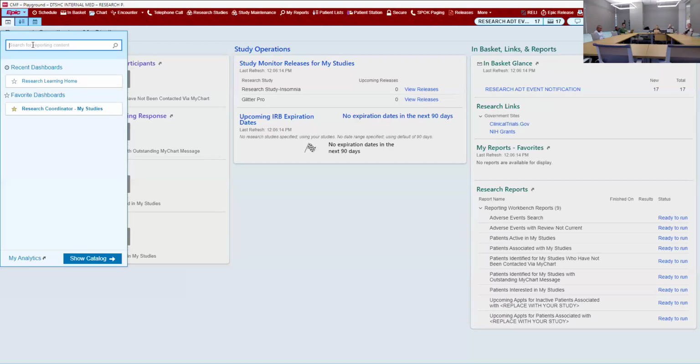This is where you search for them. In this case, because this is made for training, they're already here for you. And this has been favorited and starred, which means that's the one that's going to show. But I am going to click on this one, the Research Learning Home, and I want to show you why